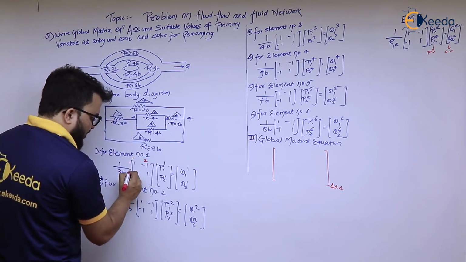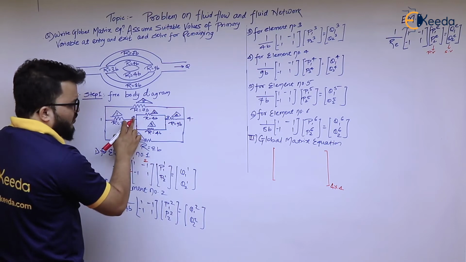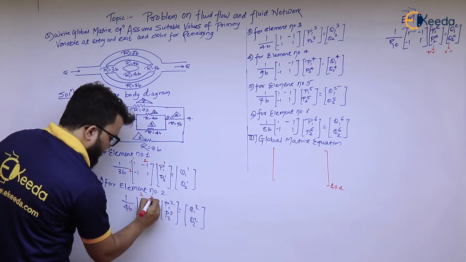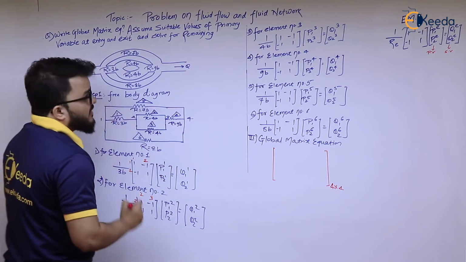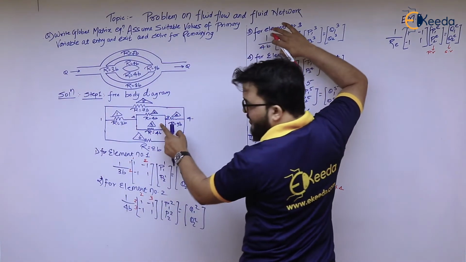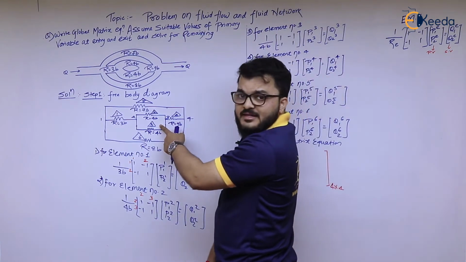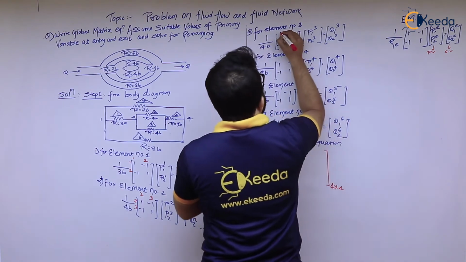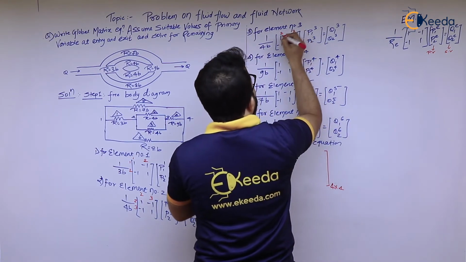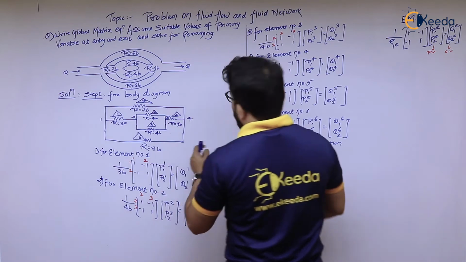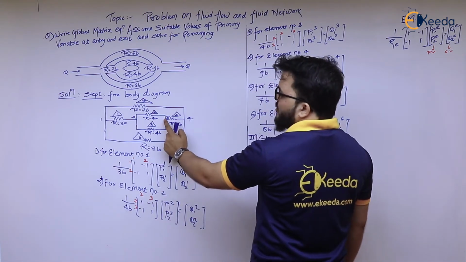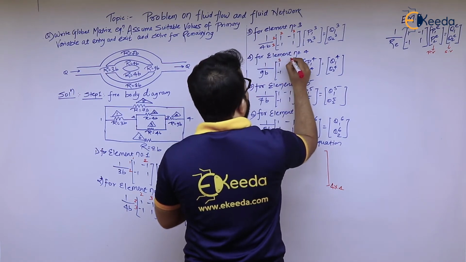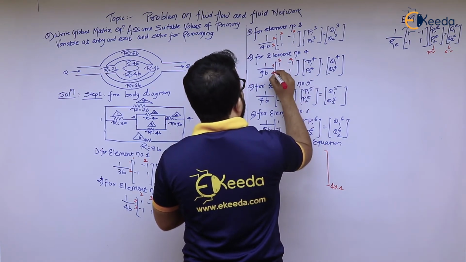Similarly, row number 1 2, element number 2 lies between node 2 and 3, so this is also 2 3. Element number 3 lies between node number 2 and node number 3, so again the numbering will be the same, 2 3. Element number 4 lies between node number 3 and node number 4, so this becomes 3 4.